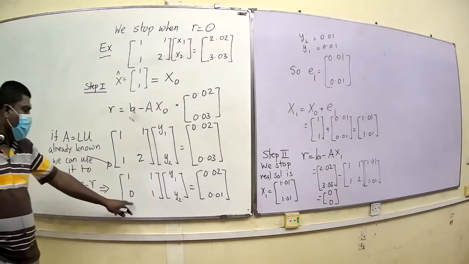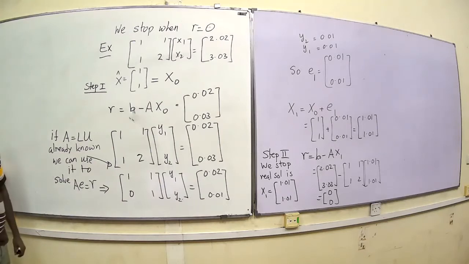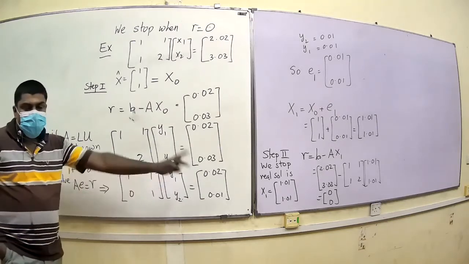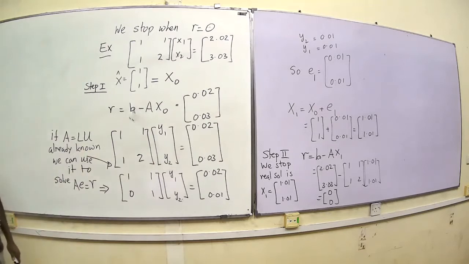So if you have this LU factorization, PA is equal to LU, you can use it here and solve the system without any computation again and again. So that is useful, but here in this example we don't need to do that, but generally you can use it. So this is about improvement of the approximation, in a way a method to reduce the error. Sometimes you may do one iteration, two iterations to improve the error. So this is the technique to improve the results.